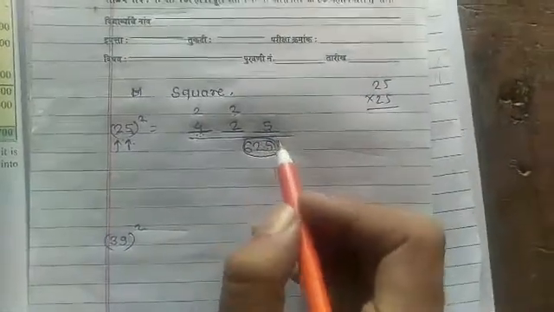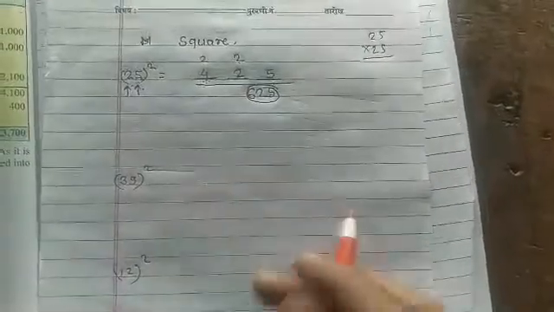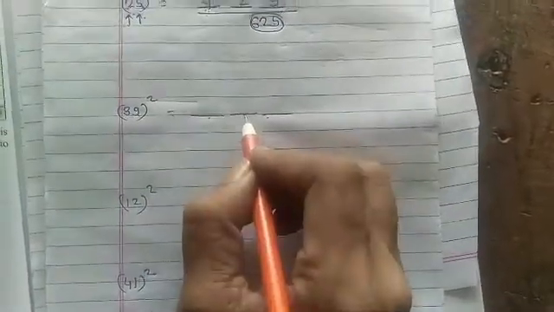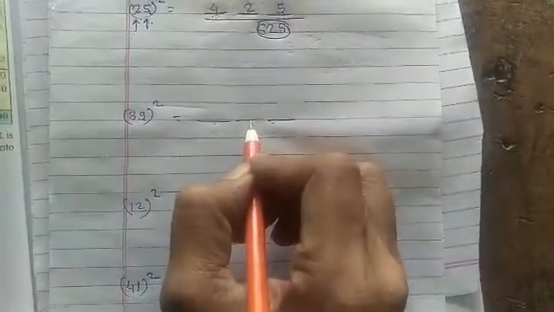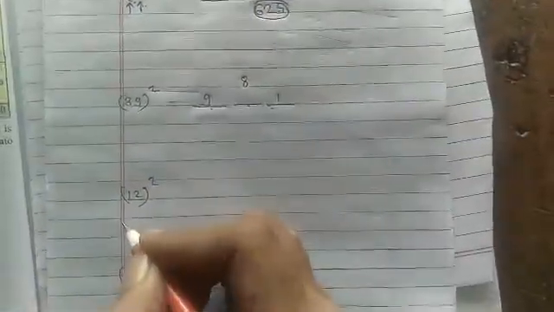If you didn't follow that, you can have another chance to learn how to find the square of 39. Same process: we write out the three lines, the square of 9 here, the square of 3 here, and the multiplication of both numbers in the middle. But before writing the middle, remember that if we have carried any number, it should be added. The square of 9 is 81. So 1 here and 8 there, the 81 is written. The square of 3 is 9, which we have written right now.